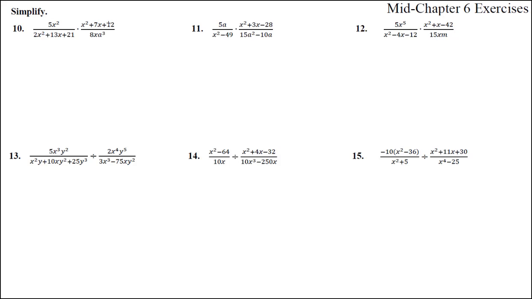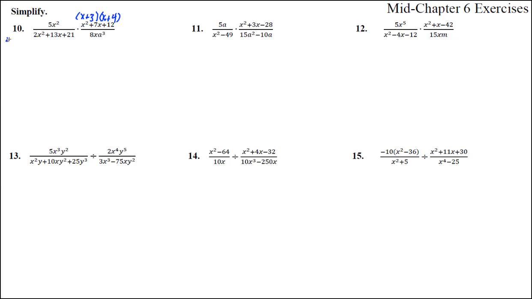x squared plus 7x plus 12, that's a trinomial with leading coefficient 1, so we're going to go with the x and the x. And what times to 12 and adds to 7? That's going to be a plus 3 and a plus 4. Okay, on the other one, this is a trinomial with leading coefficient not 1, so 2